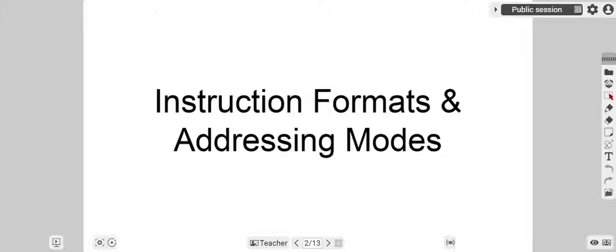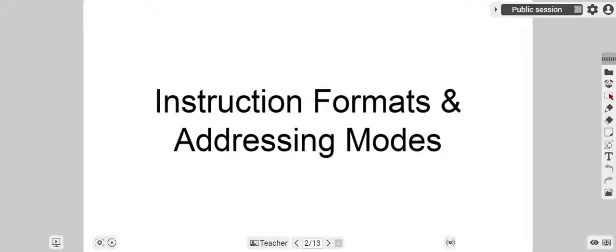Why? Because it now becomes easy to understand how instruction formats work and in what category of addressing mode those instructions should fall. In sequential manner, we should firstly study instruction formats and then addressing modes. After that we should study instructions. But if we study addressing modes and instruction formats before studying the instructions, we would not be able to get the idea in a very clear manner.